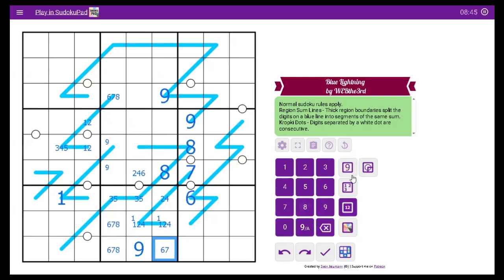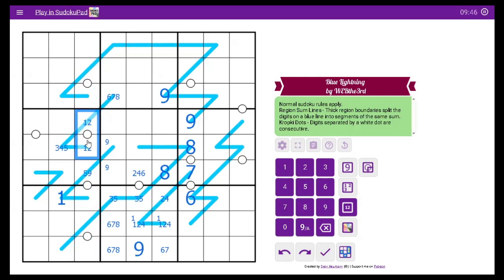That's not an 8. Cell's restricted. It's not a 3 or a 4. Could be a 5 with a 5, 4. Can't be a 6. That would be 6, 5. Can't be a 7 or 8. It also could be a 9. It's a 9, 8. We have to be careful about where we put the 9s and the 8s in this